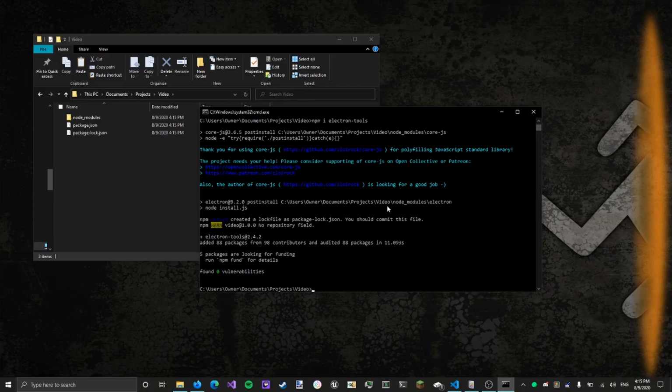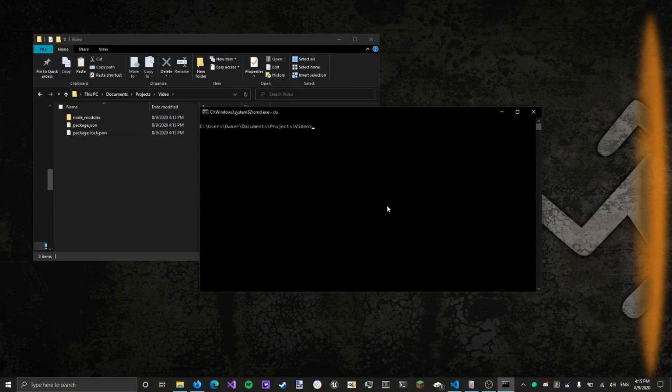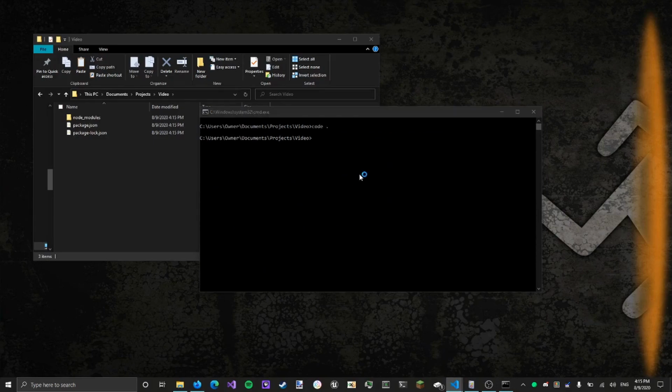We're going to be using Electron Builder for this video, which you can install by doing npm i electron-builder -g for global. I already have it installed. I like to use npm for it, since I found that yarn doesn't work as well, even though they recommend using it. And we're going to open up Visual Studio Code